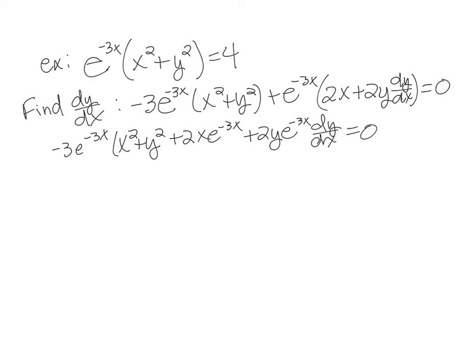All right, this is the bit I want to keep on the left. All of this stuff gets moved over to the right-hand side. So I have 2y e to the power dy dx equals positive 3 e to the minus 3x blob